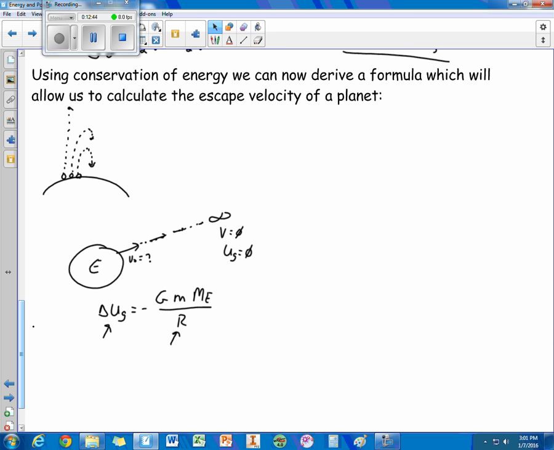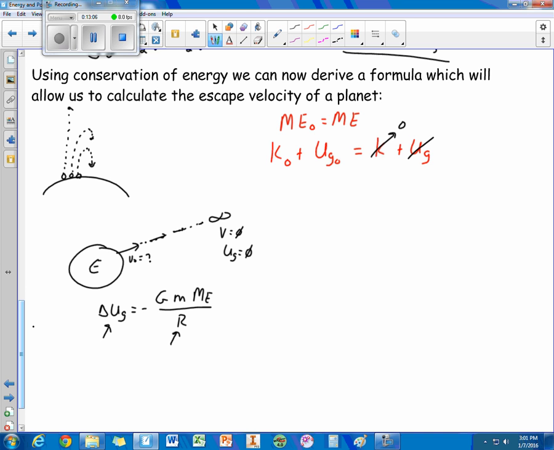So here's what we have. The initial mechanical energy must equal the final mechanical energy. So we have this initial kinetic energy plus some initial gravitational potential energy equals final kinetic plus final gravitational. But at infinity, the kinetic energy goes away, and so does the potential energy. So what I'm left with then is 1/2 v naught squared plus